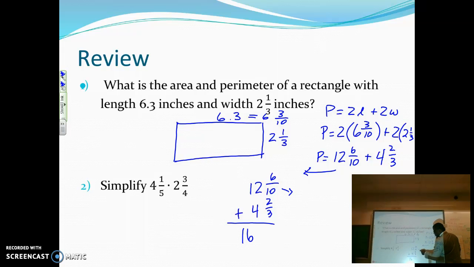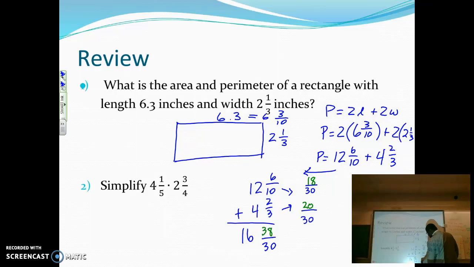But for the fractions, we have to make a common denominator, which is 30. If we multiply 10 by 3, we get 30, so multiplying 6 by 3 gives us 18. Likewise, if we multiply 3 by 10, we get 30, so multiplying 2 by 10 gives us 20. So if we add 20 plus 18, that gives us 38